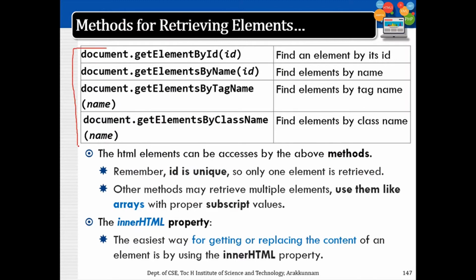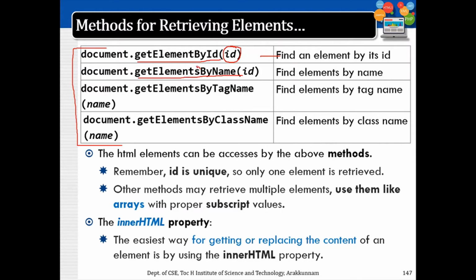So these are some of the methods available in the DOM model for accessing elements. We will see them one by one. First one is getElementById. We already know that we can have an ID property for any of the tags, and ID is unique within an HTML page. An ID will not be repeating. So getElementById takes the given ID as the parameter, and it will retrieve a single element only, because ID is unique.